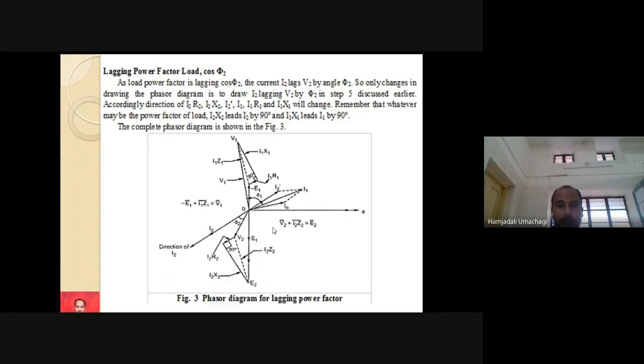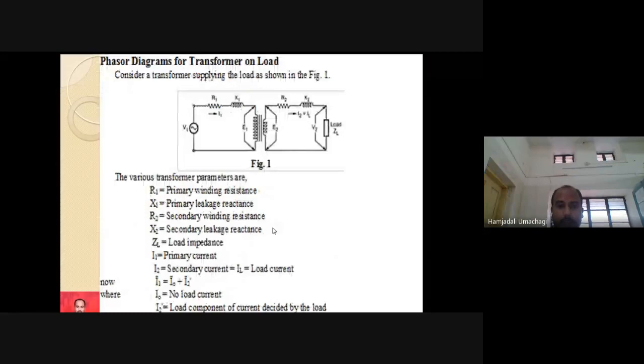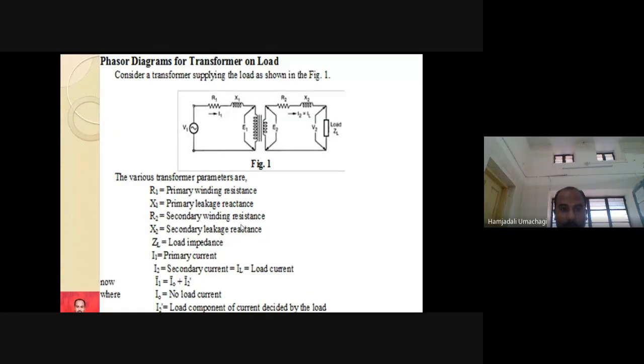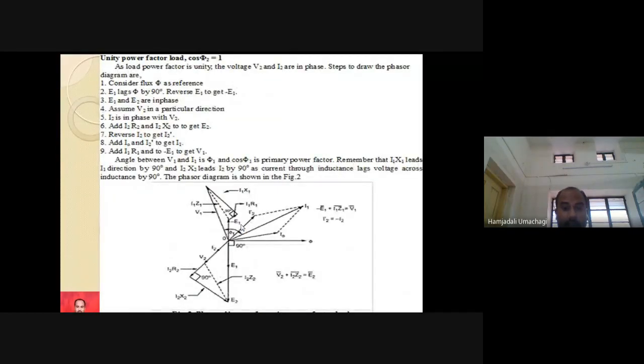Okay, so today once again go through whatever I have discussed in the class now, draw this phasor diagram, and then slowly analyze it as per the steps and redraw it once again. Once you understand the concept, you can draw the phasor diagram very easily. So today your assignment is to read this phasor diagram concept and draw the phasor diagram on your own. Can you do this today? Yes, sir.